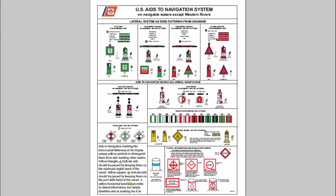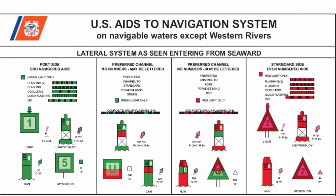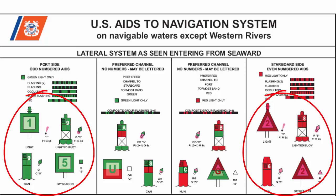In the light list is this color picture. It shows all the different types of nav aids that are used. The first set of navigational aid types that we're talking about here are shown at the top here. These are called lateral aids. That is, they are the borders of channels, basically. And you see you have red and green. So if I look at these green here and these red over here, those are the navigational aids that border